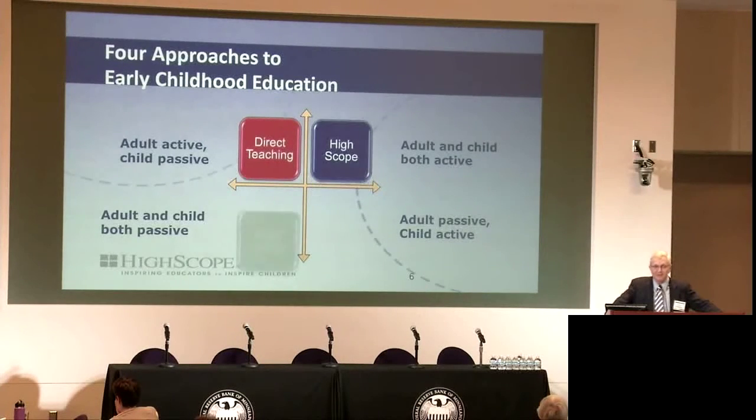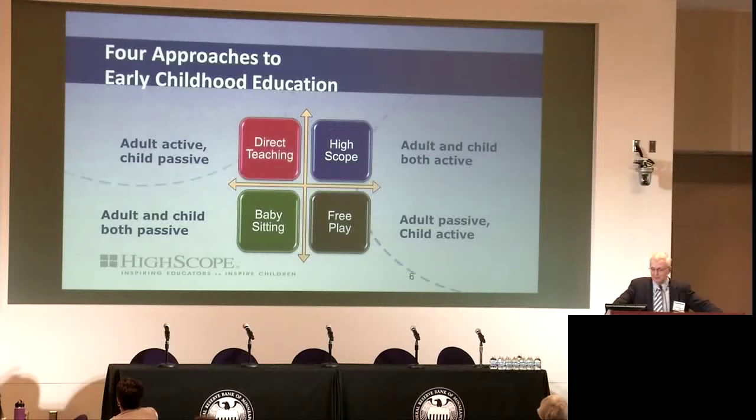So this is a way to organize different approaches to curriculum, and I want to just quickly give you this idea. You'll notice that HighScope is in the upper quadrant there on the right. There are three alternatives to that as well. There's direct teaching, where the adult is active and the child is passive. The child is essentially receiving information from the adult. There's the opposite of that, which is sort of free play in the traditional nursery school sense, where the adult is passive and the child is active, and the teacher is supposed to essentially observe closely and stay out of the way. And we didn't do that either.